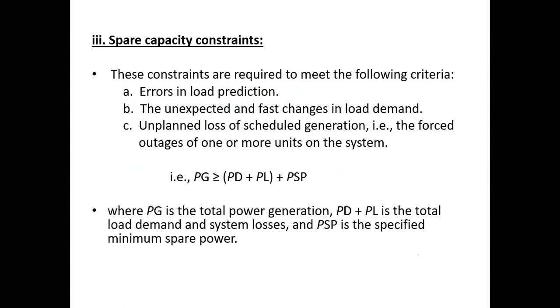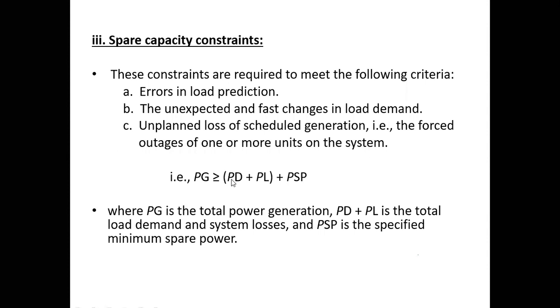And the next one is spare capacity constraints. In the previous classes, I explained economic load dispatch by taking the example of a cricket team. There we used to take one more extra player, who is generally called the substitute. The reason we take the substitute is that during abnormal conditions, he will join the team. Similarly, here also, during abnormal conditions, it may be because of an unexpected load on the system, or because of the sudden tripping of one or more alternators on the system, there we can utilize the spare capacity.